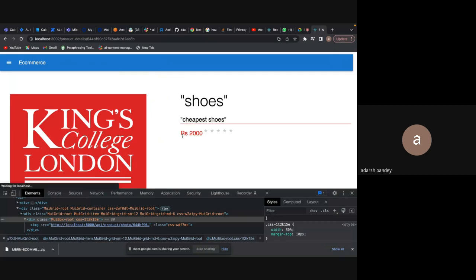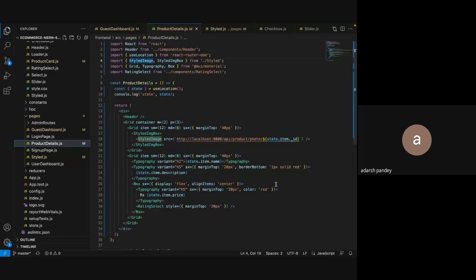Yeah. So you are inside your product details page and you have two typographies, you have the rupees, and you have something called add to cart functionality. So what you can do here, I'm going to make another page,